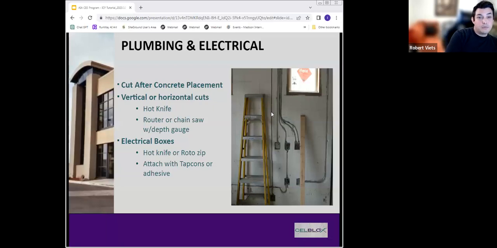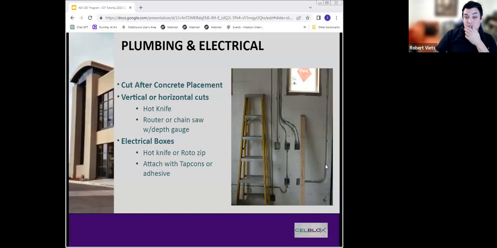This picture shows the wiring and conduit. You would do this on the exterior, but on the interior, code allows you to just use normal Romex wiring. You do not have to use conduit on the interior walls. Because the foam is 2.5 inches thick, as long as you implant the wiring at the very back of the foam, where it has to be deeper than a drywall screw will go. But as long as you're deeper than that, you do not have to use conduit. You can just use standard Romex